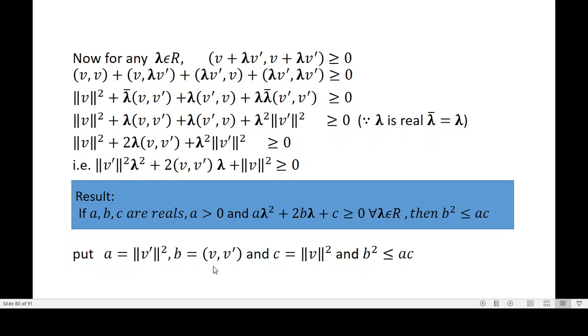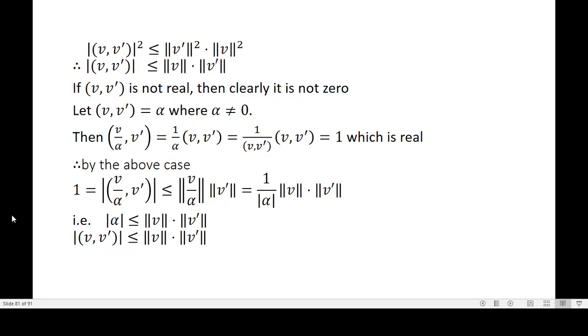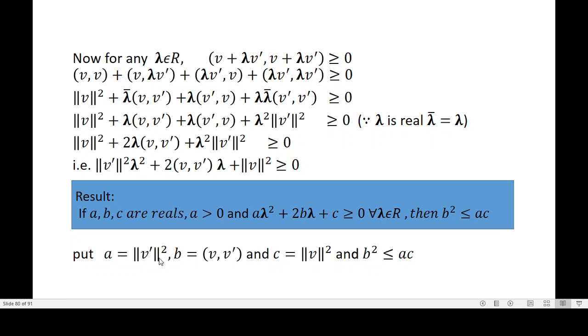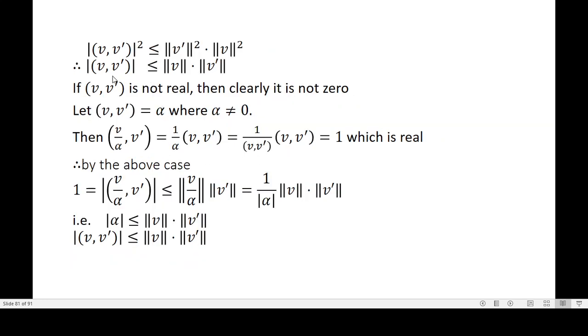What is b square? B square is the inner product of v comma v dash squared, isn't it? So the absolute value of the inner product of v comma v dash squared is less than or equal to a into c. A is norm v dash squared and c is norm v squared. That is, the modulus of the inner product of v comma v dash is less than or equal to norm v into norm v dash. Suppose the inner product of v comma v dash is not real, then